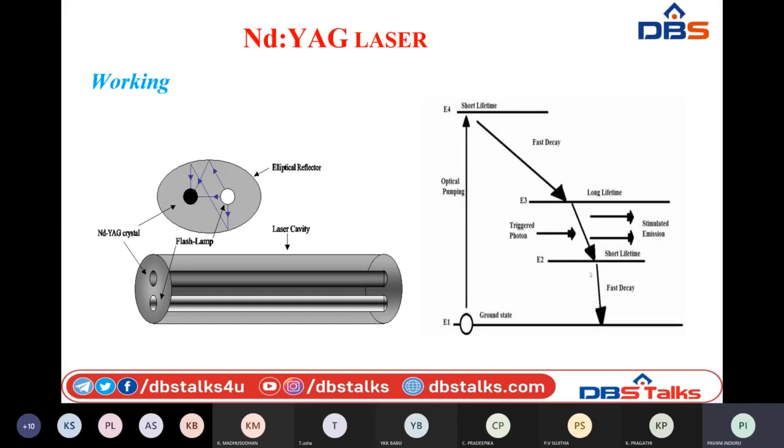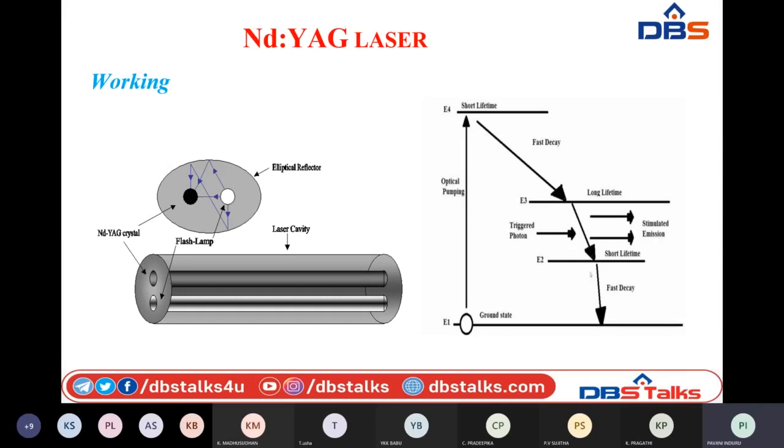And after that, since we have resonators present here, all the photons released by the process of stimulated emission will reflect back from the highly reflective material and travel only in a single direction. That is how we obtain a single direction monochromatic beam of laser. Since the other end contains a partially reflective mirror, some amount of the light will come out as the laser beam.